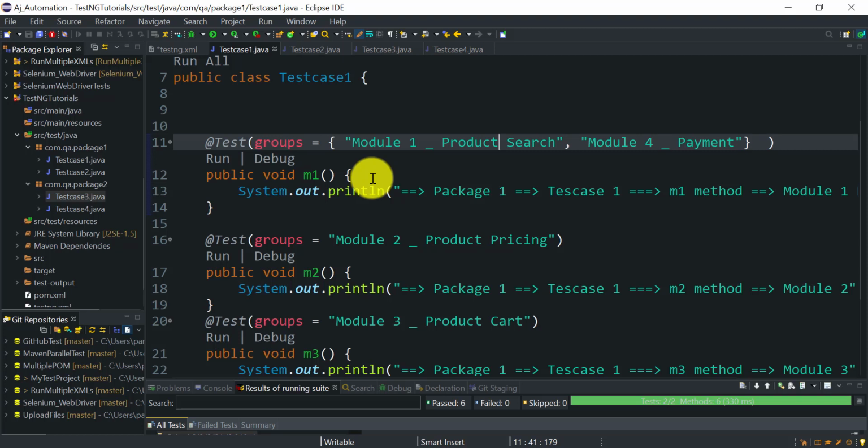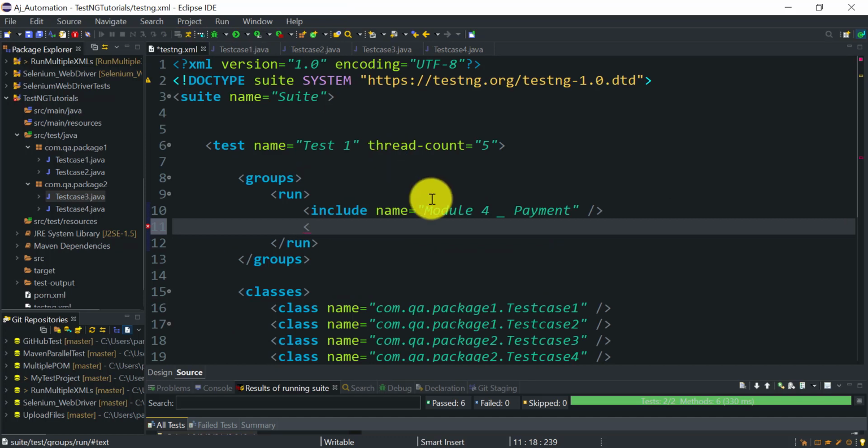Okay, depending upon your requirement. So here what I want is, I wanted to run the module 4 payment functionality TestNG methods only, but I want to exclude the TestNG methods which are testing the module 1. Okay, so simply just run module 4 payment functionality test methods, but if any test method is testing both module 4 and module 1, it should be excluded.